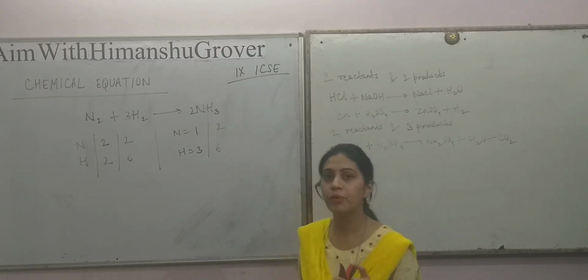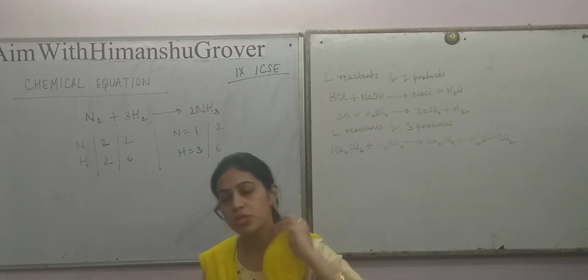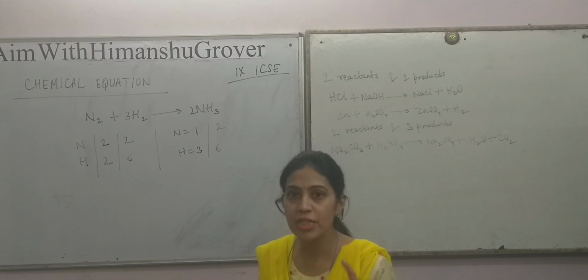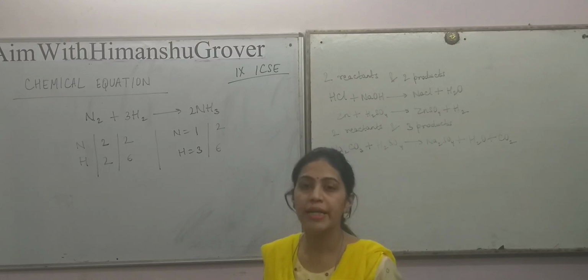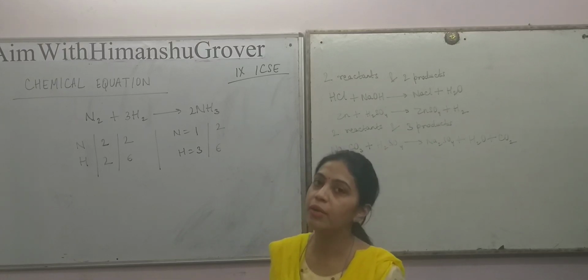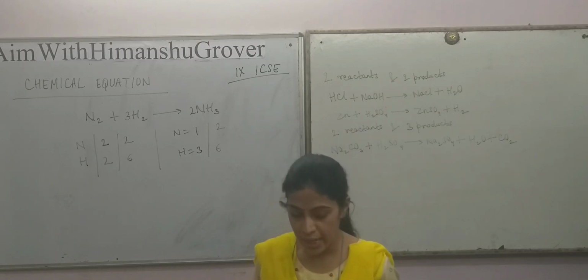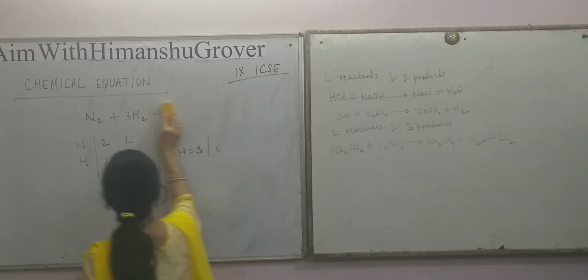हमेशा जब भी इक्वेशन को बैलेंस करनी हो तो सबस्क्रिप्ट को कभी भी नहीं चेंज करते. It is always fixed. We have to write that number before the molecule to make the equation balanced. Take another example.